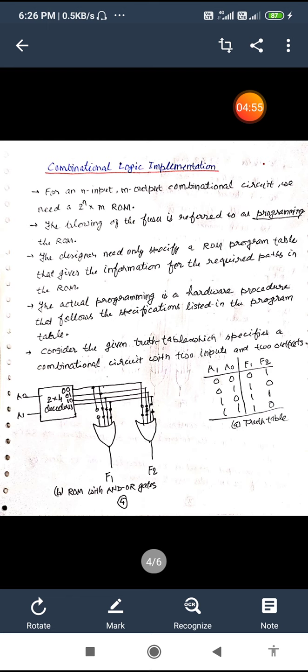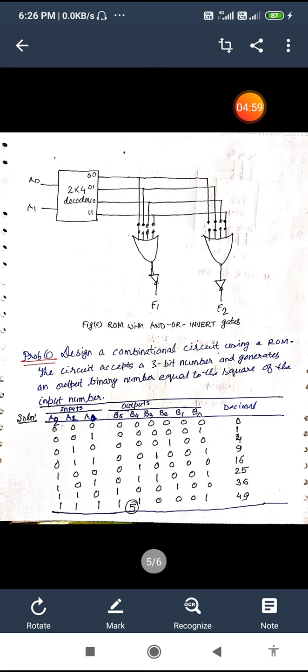So this is the first method. Now see the second method. Here it is just the reverse of this, and we are using the inverter also. For F1, 0111, here we apply 1000, so the first one is intact and the next 3 are blown. For F2, 1010, here it is 0101. So this is the method.